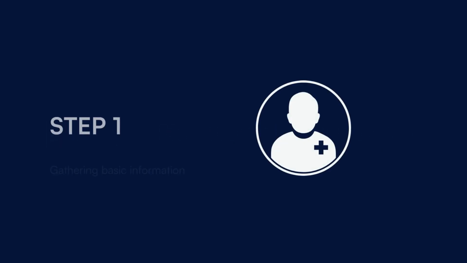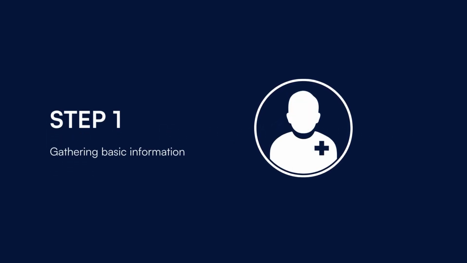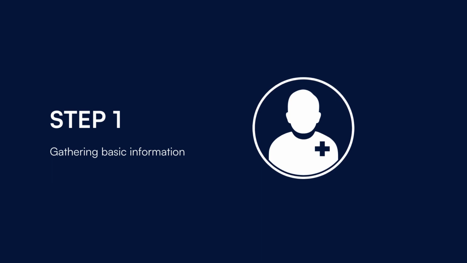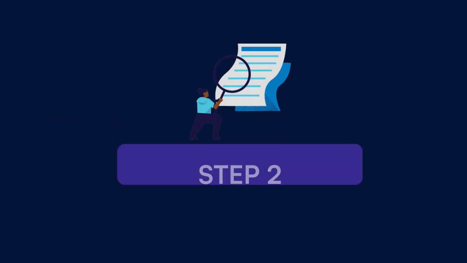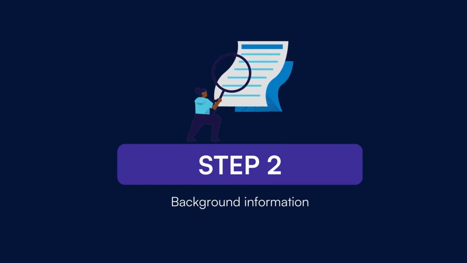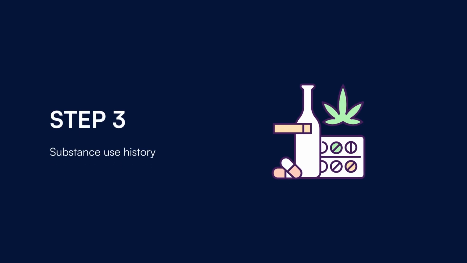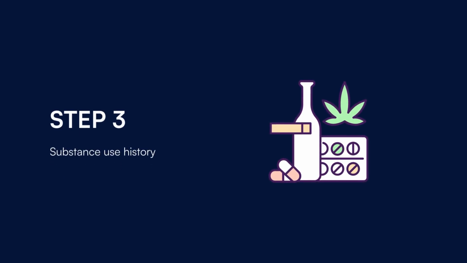Firstly, gather basic information, including the individual's details such as name, age, occupation, and the reason for referral. Collect detailed historical data about the individual, including a family history of substance use, medical history, mental health history, and more. Delve into the details of the person's history with drugs and alcohol, including the types of substances used, frequency,